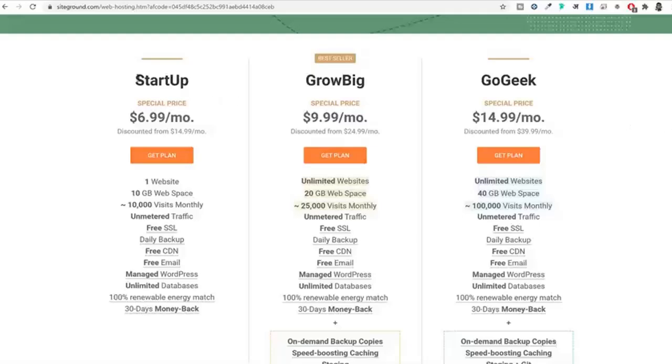Now here as you can see, there are 3 different plans available. Now if you want a short and simple answer as to which plan you should select,